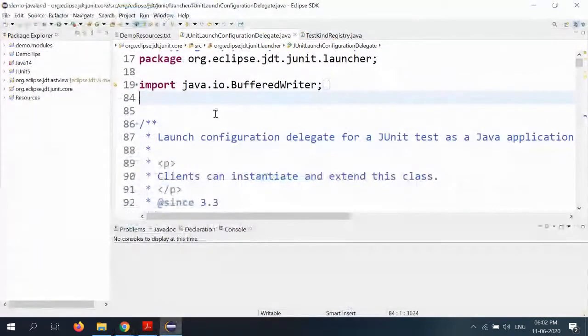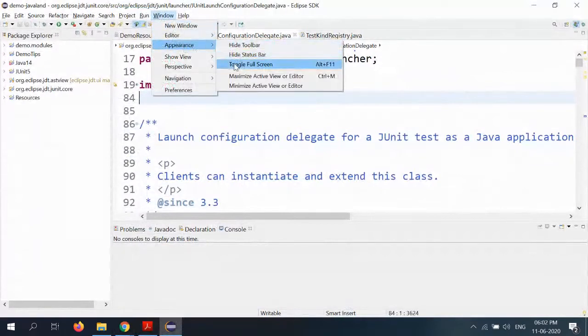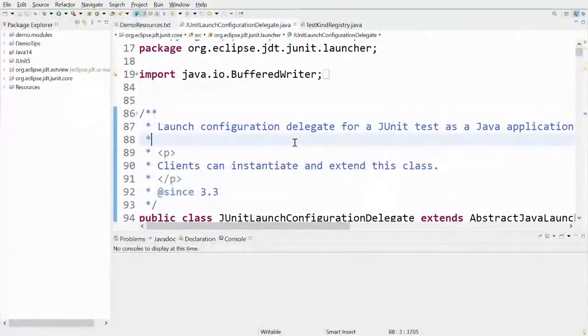First, some tips to improve the appearance of the content in your IDE. If you go to the Window Appearance menu, you have the option to toggle full screen mode in Eclipse. Mainly for presentations, but also for learning purposes, it is useful to show the key bindings when a command is pressed. You can enable that using this option to toggle the show key bindings.